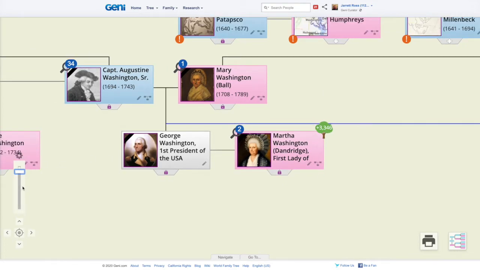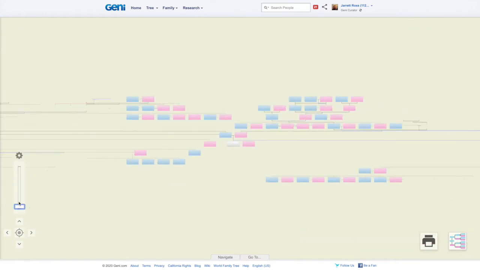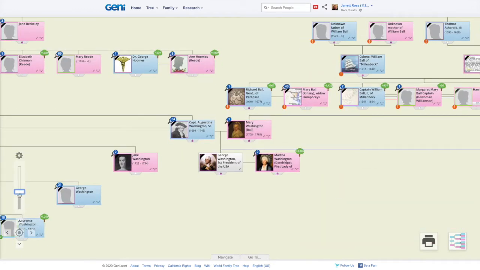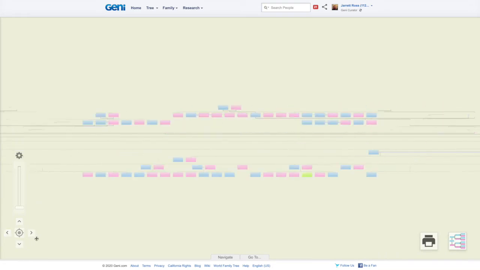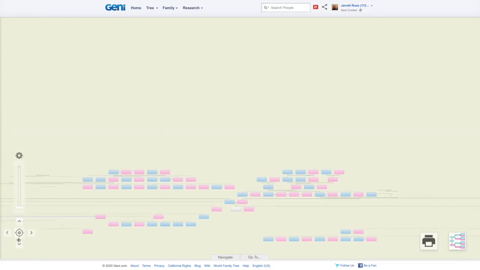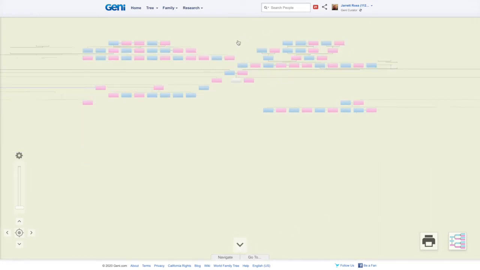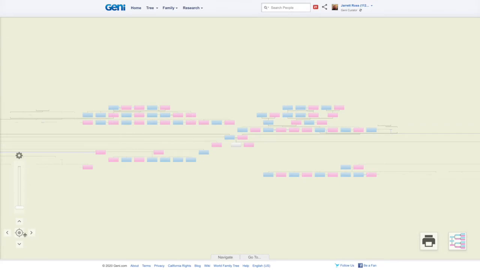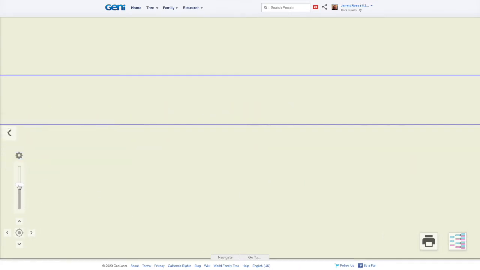You have this zoom bar right here, so you can just zoom in and zoom out however you want. You also have these arrows down here, so if you want to go to the left, you just click it, and it takes you a little over to the left. Click it if you want to go to the right, up or down, and you also have the same thing over here on the side, the top, the other side, and the bottom. So you can just click those and take you around so you don't have to do the whole drag and drop,